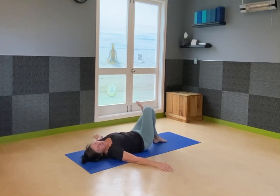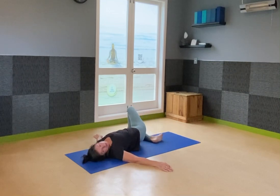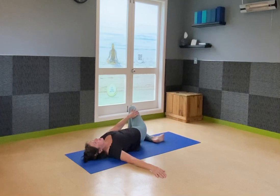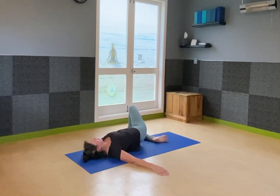Drop the legs over to the left. See if you can get the sole of the right foot onto the floor. That's it. Okay. Feel a stretch in the outside of the hip. Down, maybe radiating down the ITB. You can actually feel it right in. It's a really good deep stretch, especially if you can get the sole of the foot to the floor,